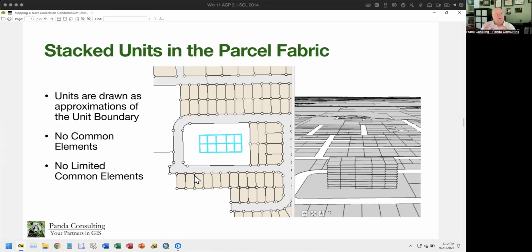This is sort of the next combination, where you would have stacked units in the parcel fabric, and these could be approximations of the unit boundary. No common elements, no limited common elements, nothing on here, but you could at least kind of represent where these things are. And it was a nice step. This is an interim step, though, and we found that in representing condominiums in this manner,